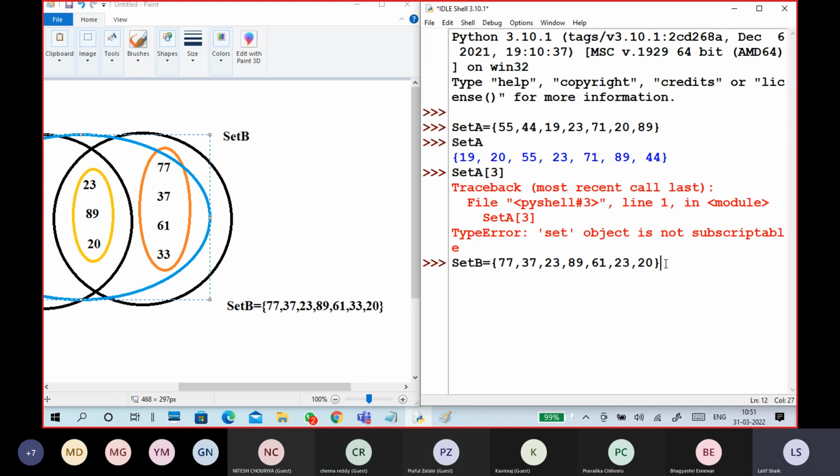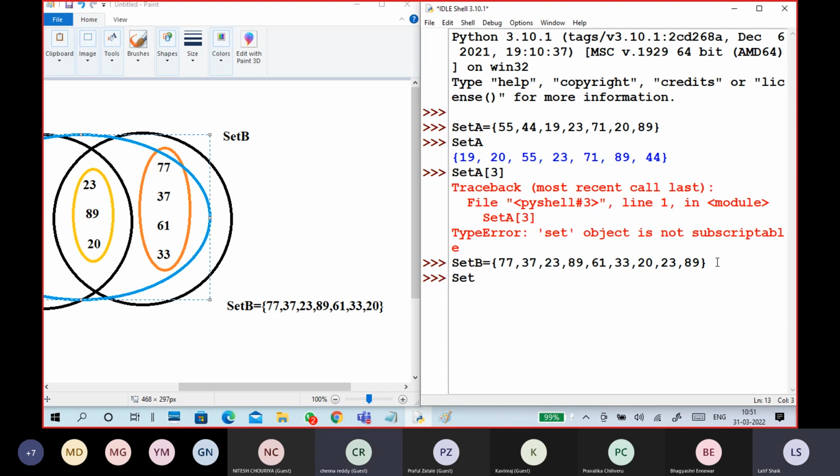Set B: 77, 37, 23, 89, 61, 33, 20. Here in this one, I want to repeat a few things, like 23, 89. I'm giving some duplicate values also. Enter.